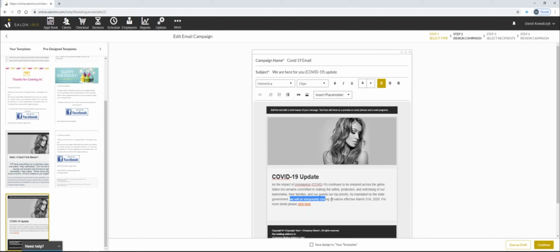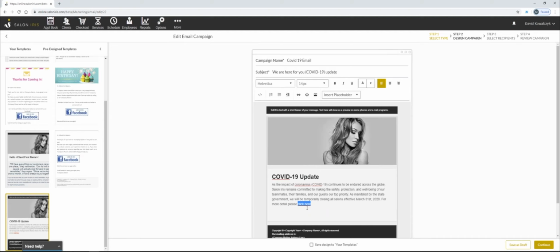Give them the full details of what's going on for you. Now, what you can also do, if you would like to navigate them somewhere else outside of the email, is what I did: for more details, please click here. So I hyperlinked the click here, just like you could hyperlink an image, so that it's embedded in the actual imagery. You can most certainly do that in the text as well.